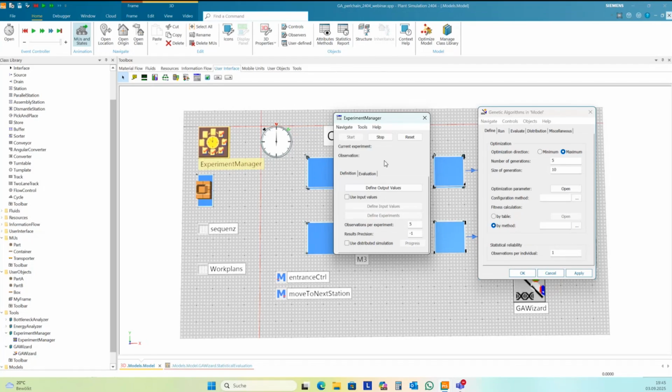You can do all the experiments with the experiment manager, or you feed this into the GR-Wizard and you get the results much faster. Maybe not exactly the optimum, but much faster. If it's almost impossible to make all the experiments, then it's the better choice to use the GR-Wizard.